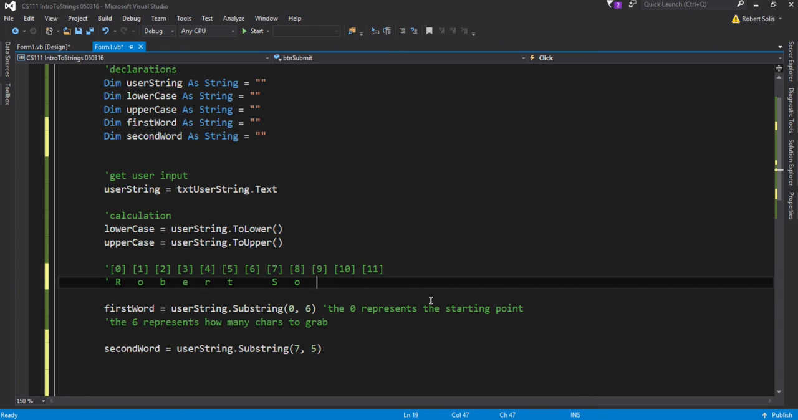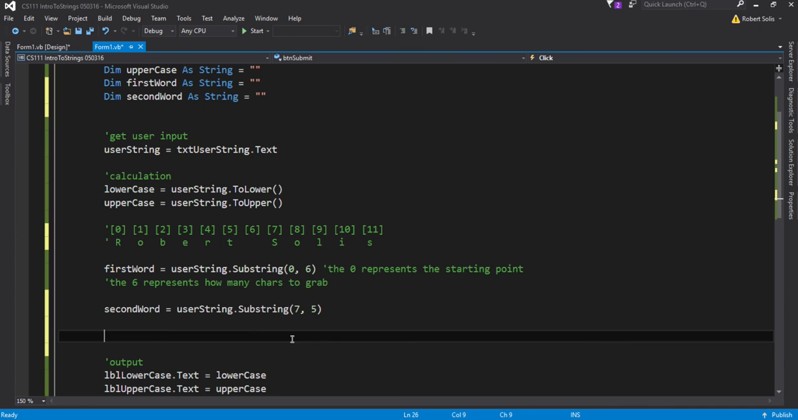So L would be at position 9, I would be at position 10, S would be at position 11. Now we don't call that position, we call these indices or index. This is index 0, index 1, index 2. So starting at position 7, 1, 2, 3, 4, 5 will grab my last name if I type in Robert Solis. And then what I want to do is I want to display that